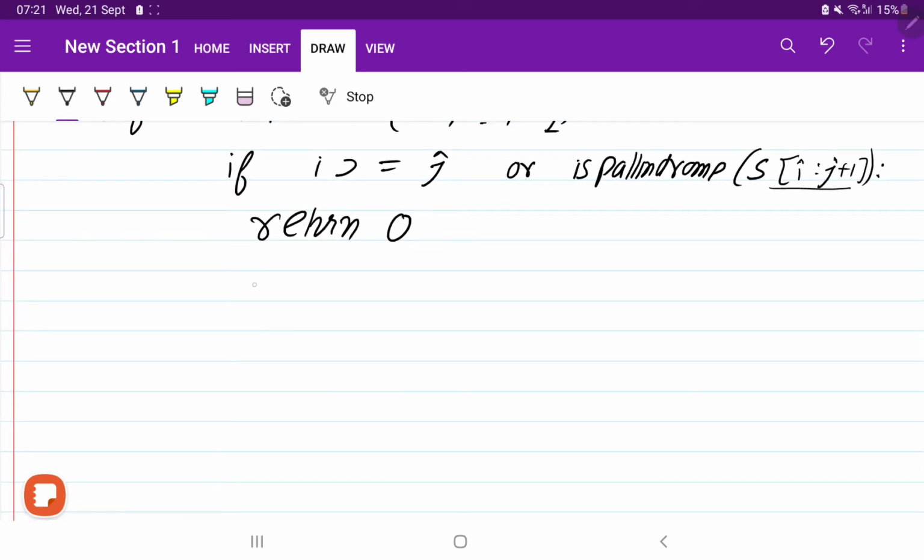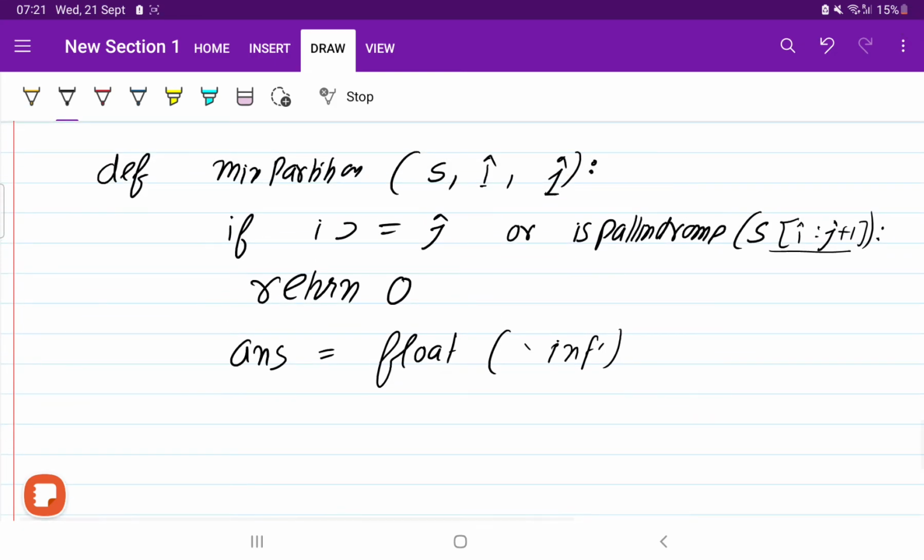Okay, now let us write answer and let us make it as a maximum. So I am going to write like this. Let's make it as a very big number. So you can write int max or any maximum value. If you are even going to write length of string plus 1, then also it is going to be updated, because the maximum number of partitions is going to be length of string minus 1.